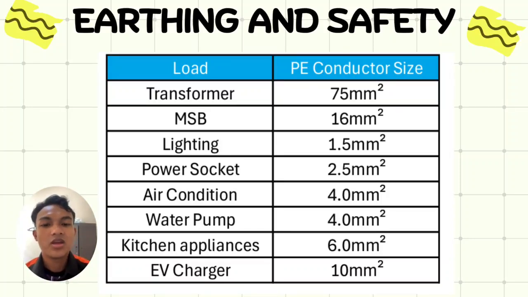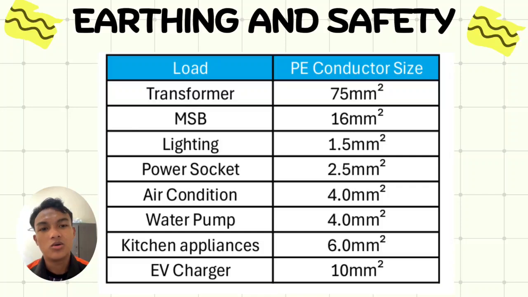set. For the lighting, power socket, and for the other loads, we'll be using exactly the same size as the S size. That is because when the S size is lower than or equal to 16 square millimeters, we will be